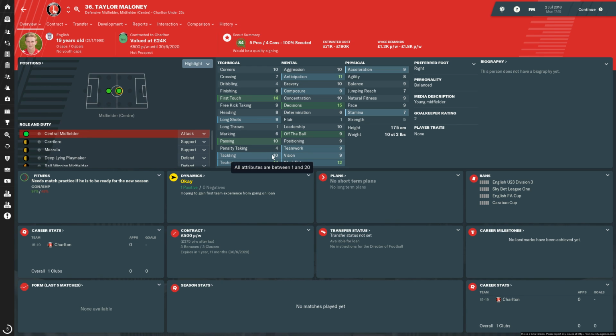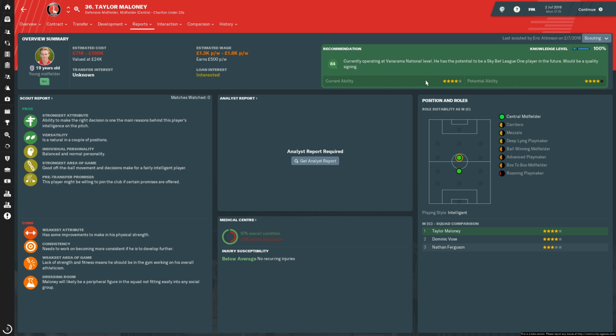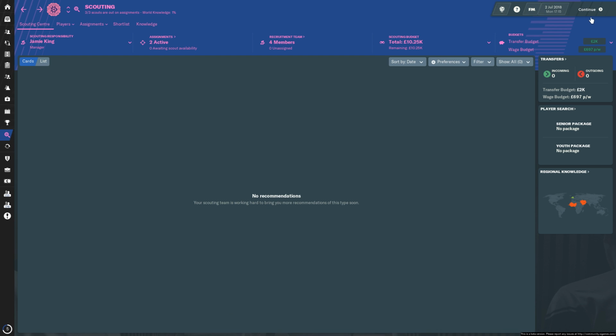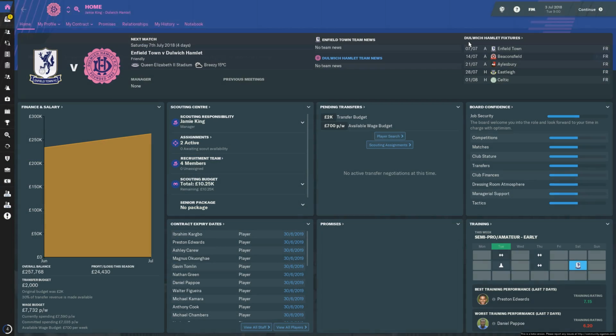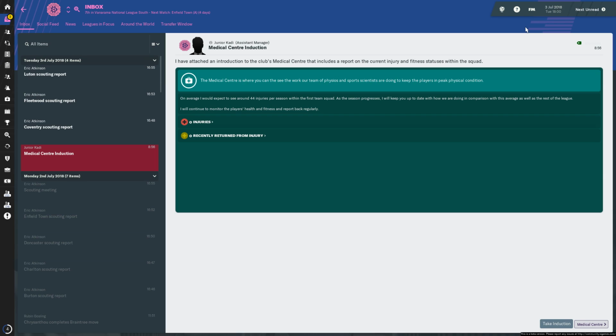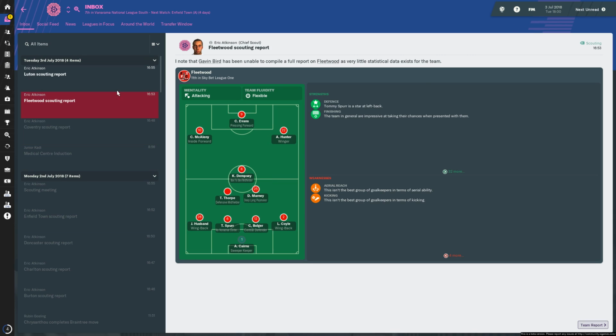Don't forget we're in the National South. To get a player like this, he's probably a League 2 player or at least a National League player. He's operating on Vanarama national level. That is why team reports are massively important, and I do team reports as soon as I start the save, and I also do it again mid pre-season. And I also then do it again if I haven't got the right players just before the transfer window ends, because new players will get...